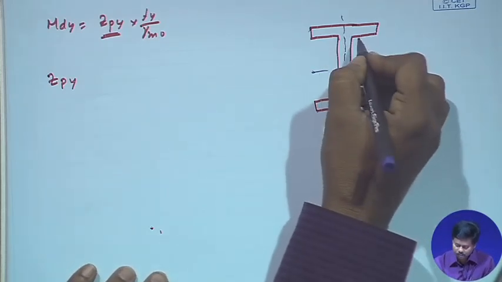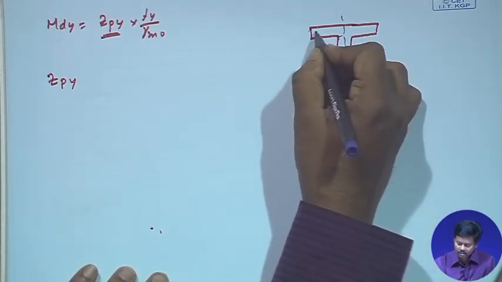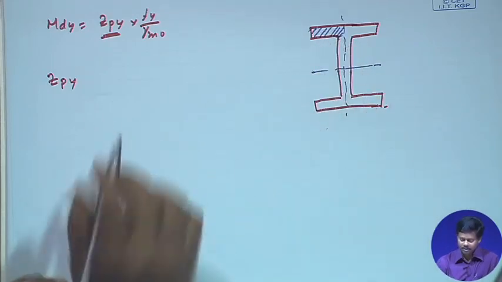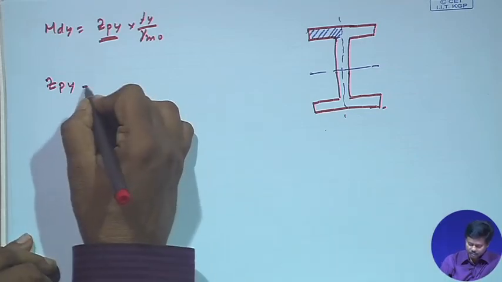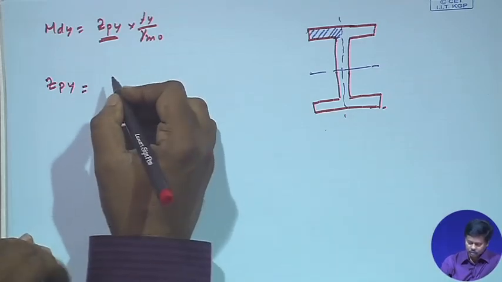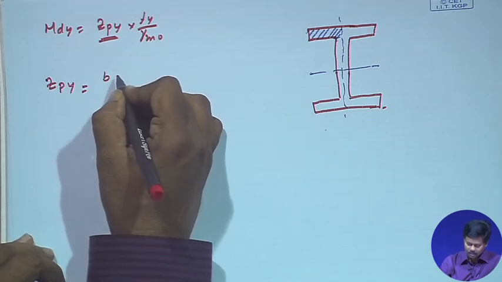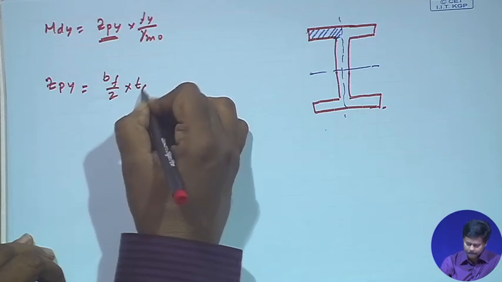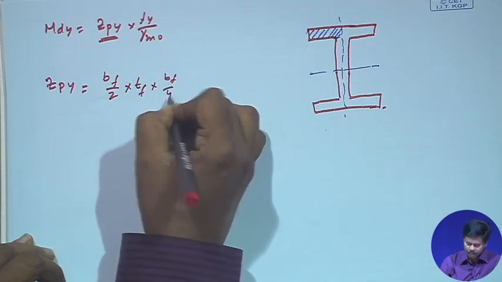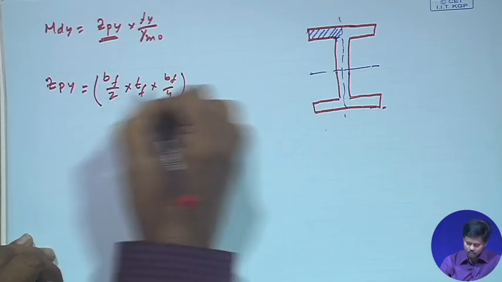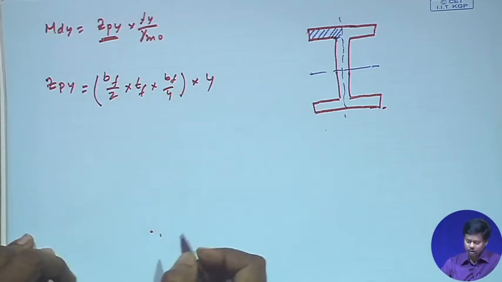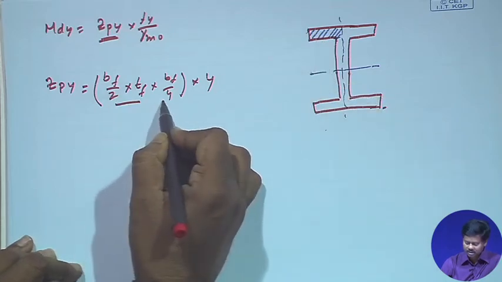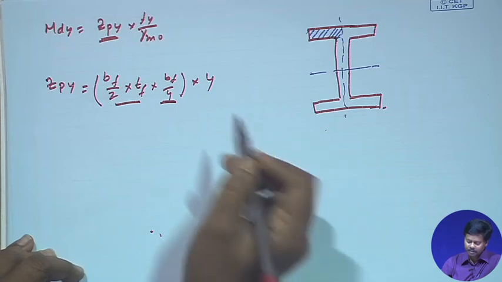So, here we will calculate this portion into 4, that means Zpy is equal to Bf by 2 into Tf into Bf by 4 into 4, right. So, area into Cg distance: area is this and Cg distance is Bf by 4, into 4